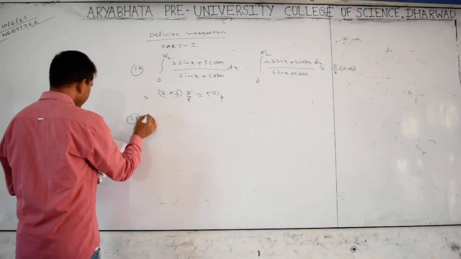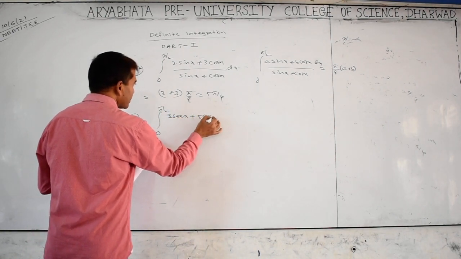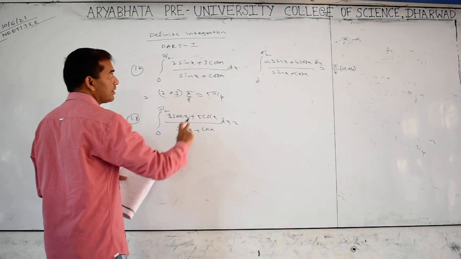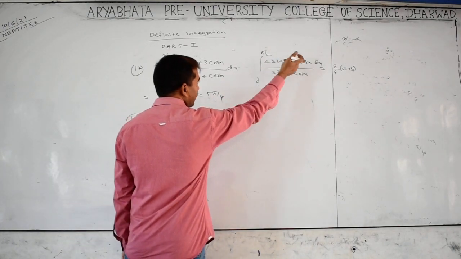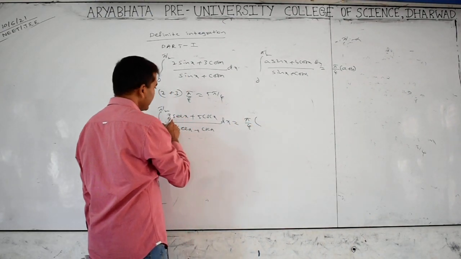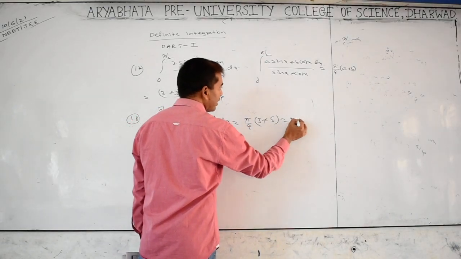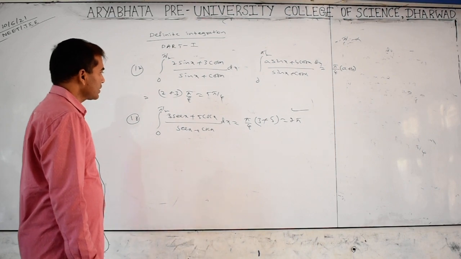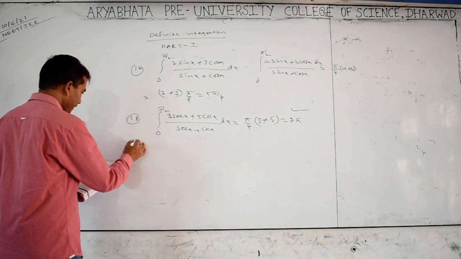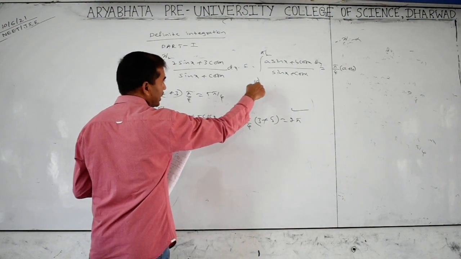Next, question number 18. Integration of 0 to pi by 2, (3 sec x plus 5 cosec x) by (sec x plus cosec x) dx. Same model, because sine's cofunction is cos, sec's cofunction is cosec x. Use the same formula. Pi by 4, a is 3 plus b is 5. So the answer is 8 by 4, which means 2 pi. Within 5 seconds we can get the answer. When you forget this formula, then solve it: let it be I, next use the property and add it.